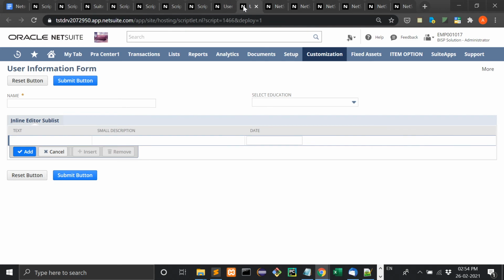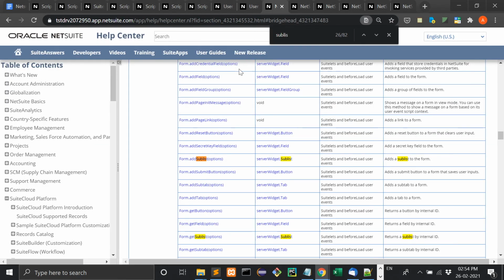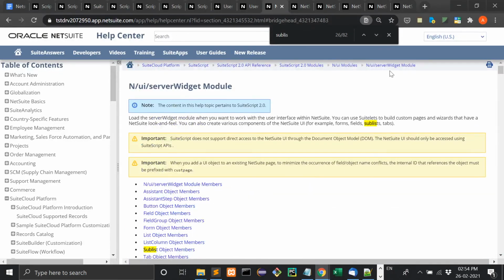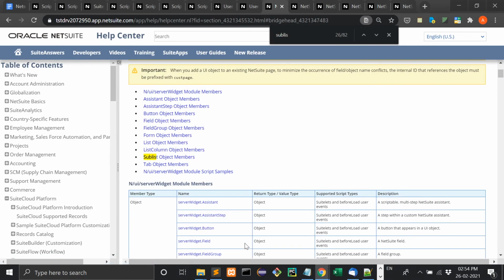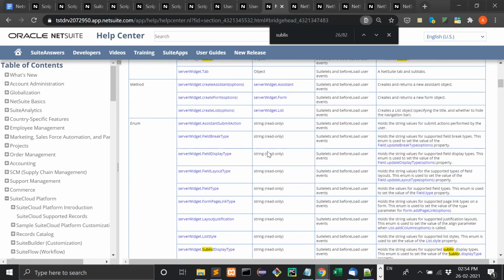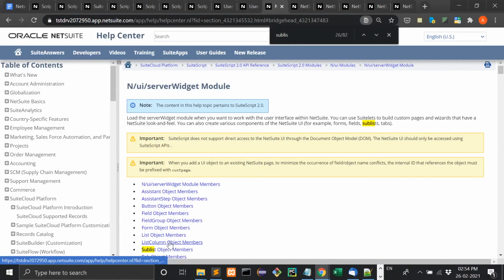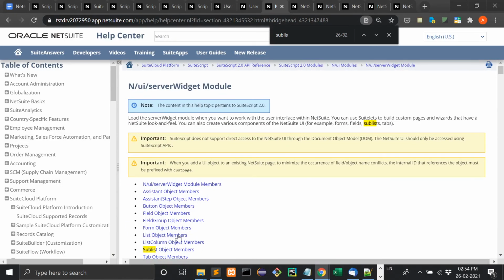Let's have a quick recap here. Just type in the help center search box SuiteScript N/ui/serverWidget module. That's it, server widget module. It will give you each and every detail. Now when you click on form object module, where is that form object members? Yes, form object members.